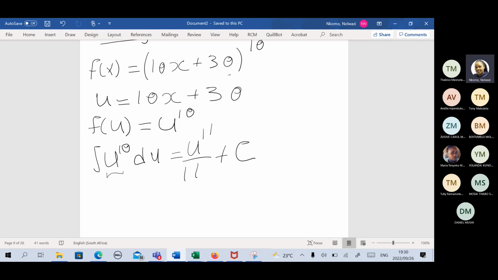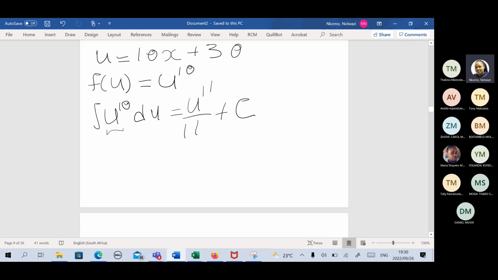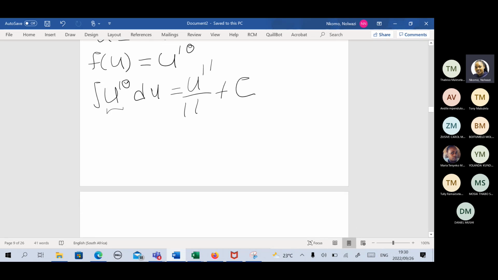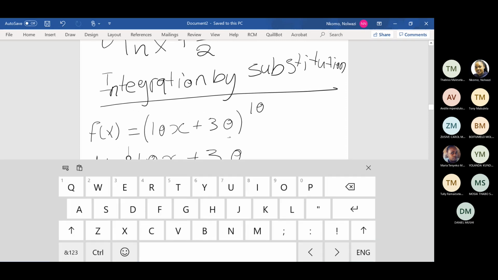But we're not given our function as in u. We are asked to integrate a function with respect to x, né? Meaning you have to take into account the inner function, which in this case is 10x plus 30. So meaning you can't just substitute, okay, initially